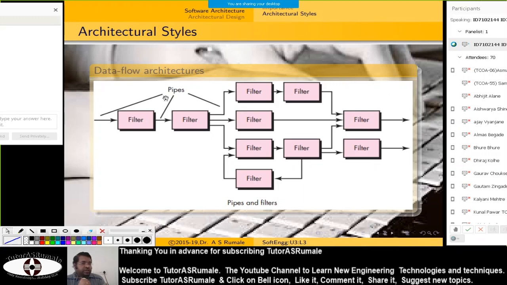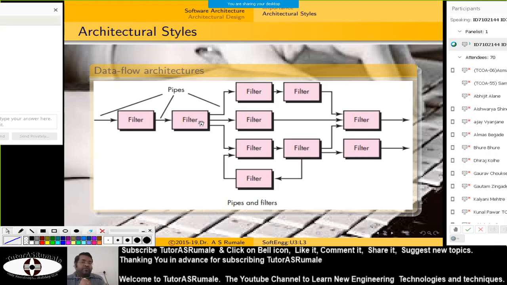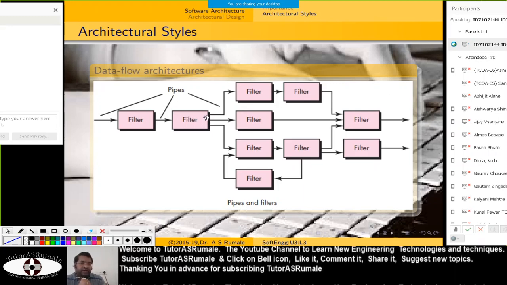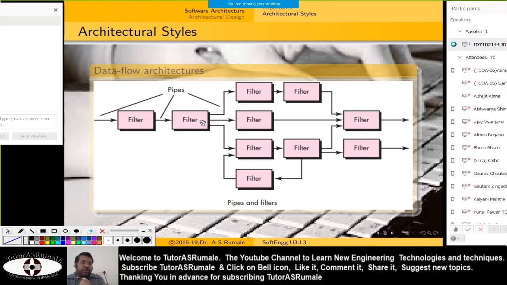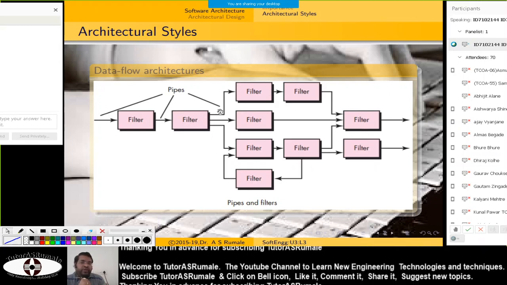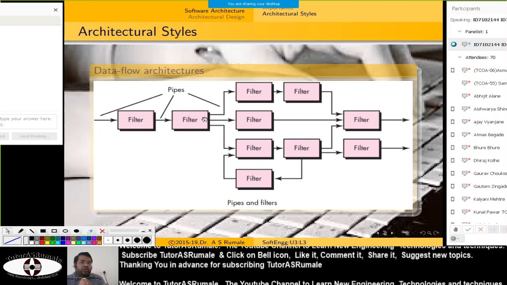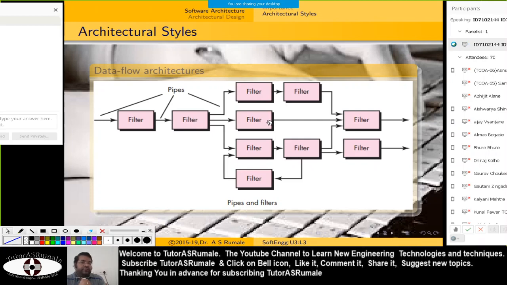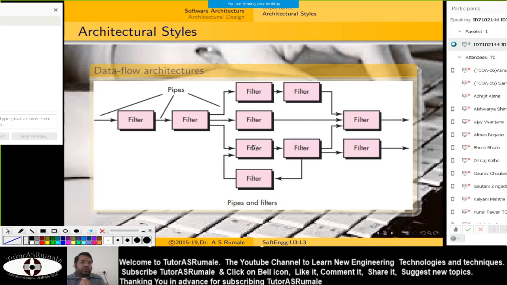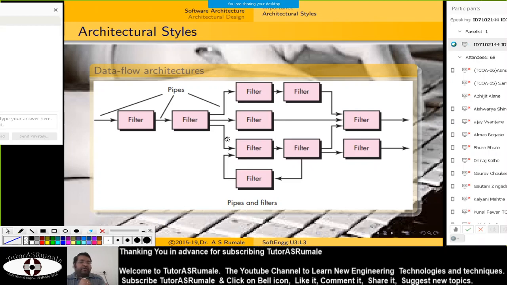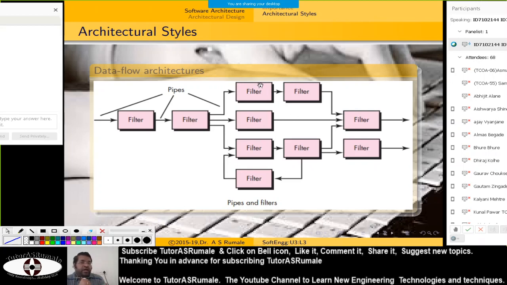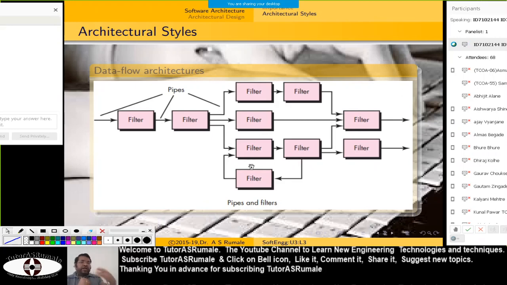Electricity is generated, and that electricity gets filtered to create a particular signal. If the electricity generated is above 5 volts, you get this filter. If it is say 4 to 6 volts, it goes to this filter. Below 4 volts, it goes to this filter, and likewise. Based on these filters, this may be the alarm, this may be something else, it creates another thing.